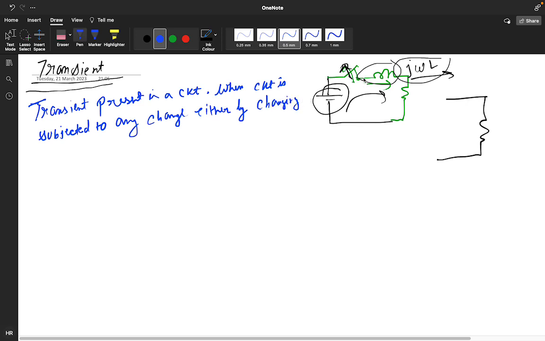First the source magnitude was 0. When we connected, the source magnitude became some voltage. So that's why we are writing: any change, either by changing the source magnitude,